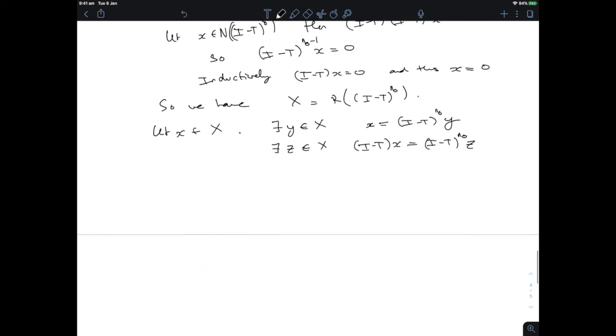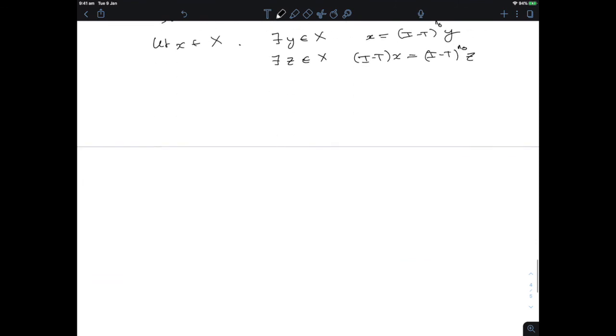Now, if I put these two things together, what do I get? I get that (I minus T) to the n naught plus 1 of y has to be equal to (I minus T) to the n naught of z, and so I get that (I minus T) itself,